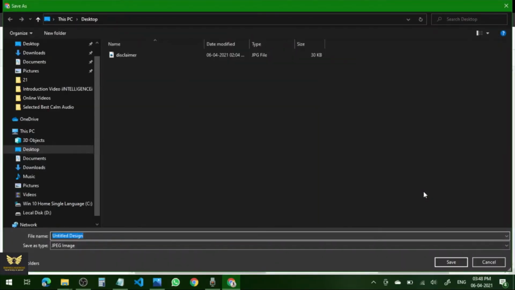Downloading the image. Saving it in some location in my computer.